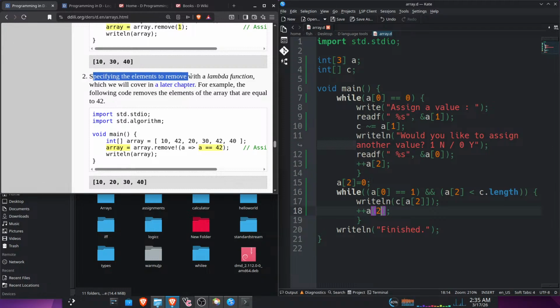Specifying the elements to remove with a lambda function, which we'll cover in a later chapter. So I have no clue what a lambda function is, but okay, at least we're getting exposed to it early on. Oh, and then that means,